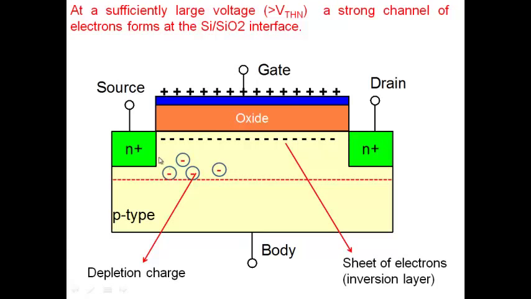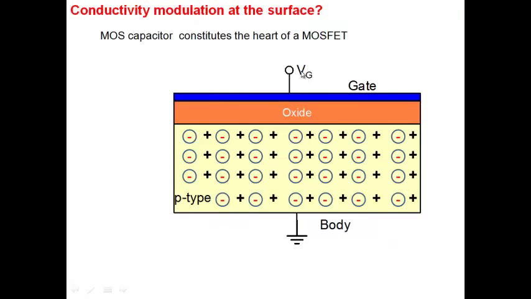Now I'm just showing a part of the MOSFET, which is what we call a MOS capacitor. We have a metal, an oxide, and a semiconductor. So that's the heart of the MOSFET. This is where, by applying a gate voltage, you are modulating the conductivity and you are